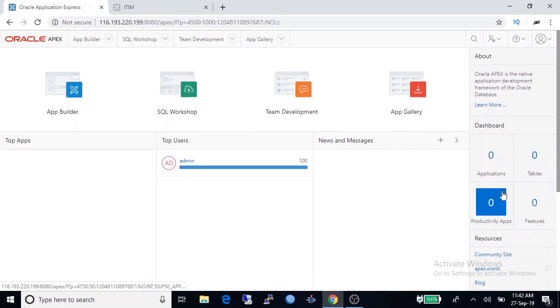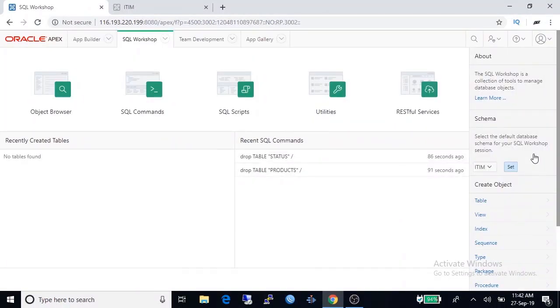Now we are going to create a simple application under this workspace. To create an application we have to create a table first. Now we are going to create a table named products consisting of 3 columns: product ID, product name, and product type. And later on I will create an inventory application with this product table. With this inventory application I will show you how to insert data, how to delete or update data. To create table, click on tables here and then table,